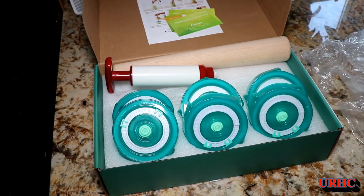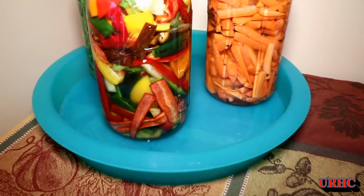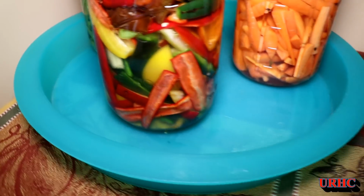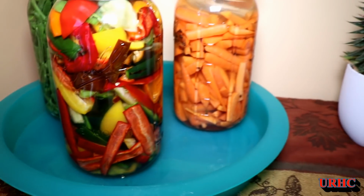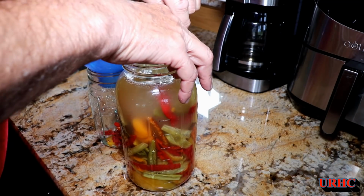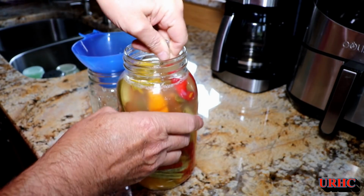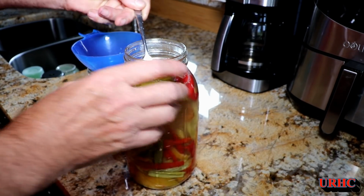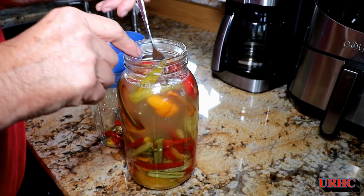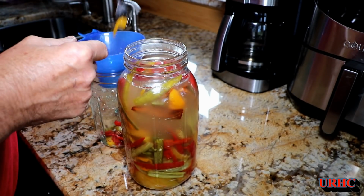The follow-up to that video about that Aieve fermenting kit that was sent to me, and I really love it. This has been so much fun. There's the couple jars I started originally, and this was about a week after they were started. The first jar with the mixture of peppers was done, and one thing that I did learn is that the